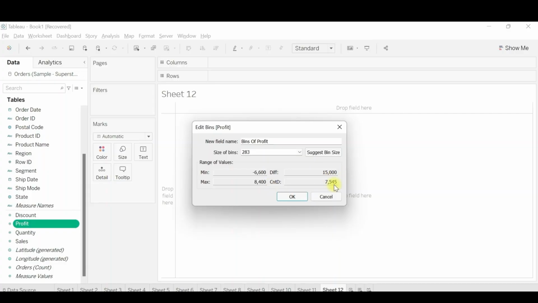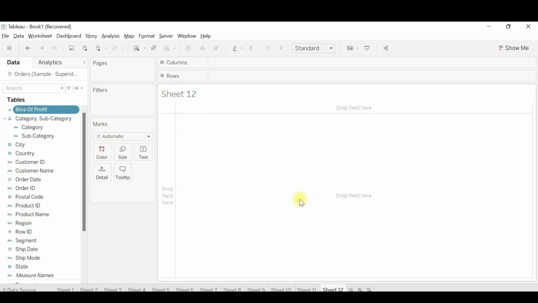This is how the profit range of values is being divided. Now we can click on OK. Once we click on OK, we can see the column we created, bins of profit, under the dimensions. So this is how we create bins in Tableau.